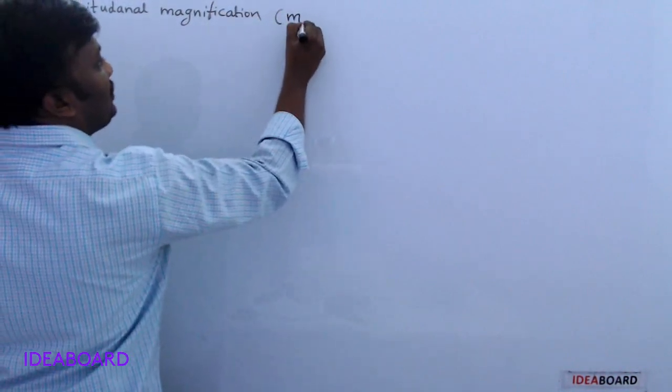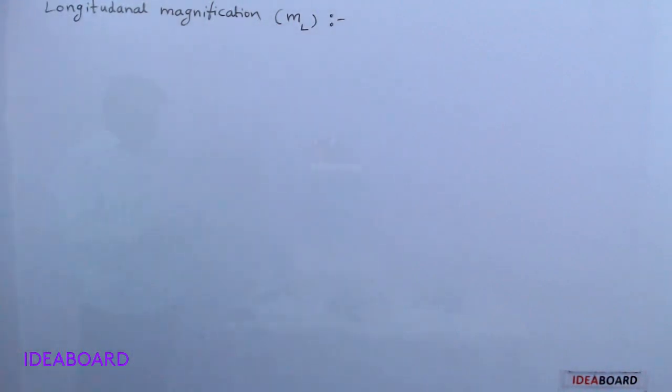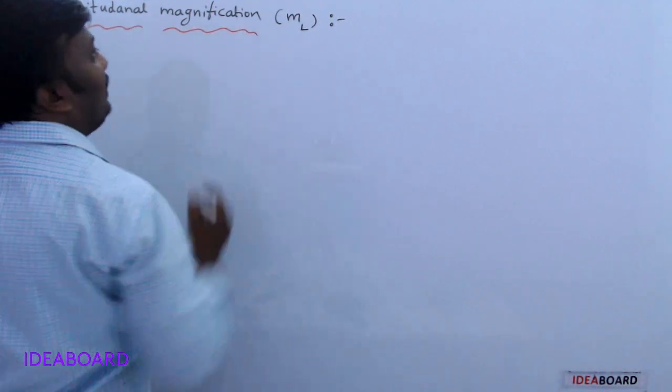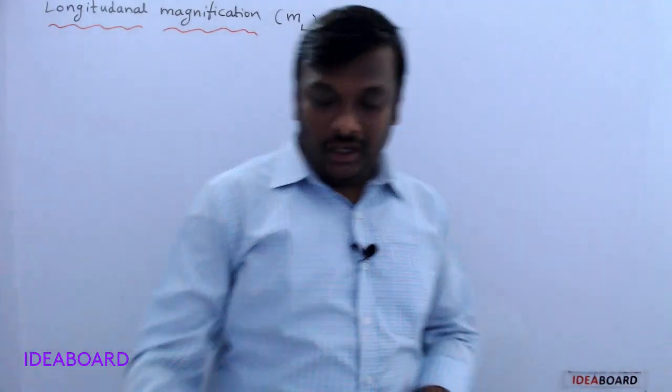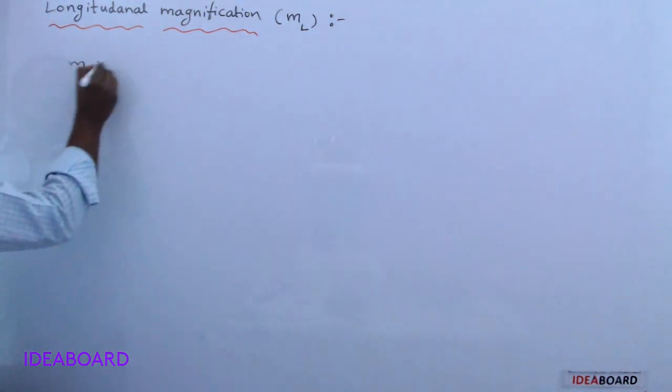Longitudinal magnification is denoted by ML. If you write M, that is lateral magnification. If you write ML, it indicates longitudinal magnification. Okay? So, longitudinal magnification is defined as